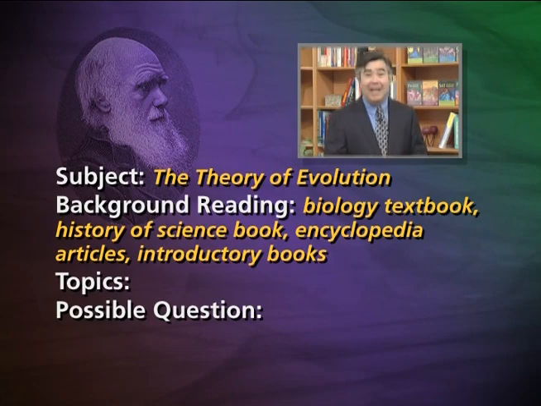And you could then use your library to find a couple of those introductory books and skim through them in search of interesting ideas. Now, when we went to our library looking for background reading about evolution, here are some of the things that we found. First, we went to the Encyclopedia Britannica and looked at the Propaedia. Remember, that's the one-volume index of the Encyclopedia Britannica. It's one volume that gives you guidance on using all the other volumes of the encyclopedia.